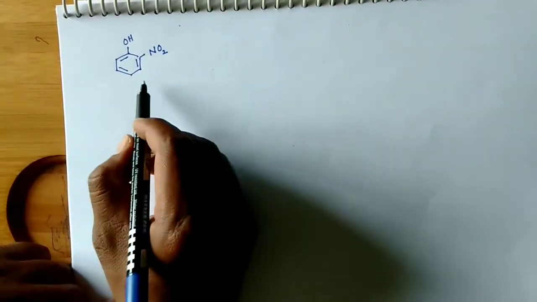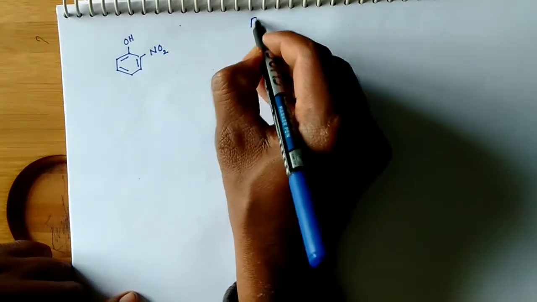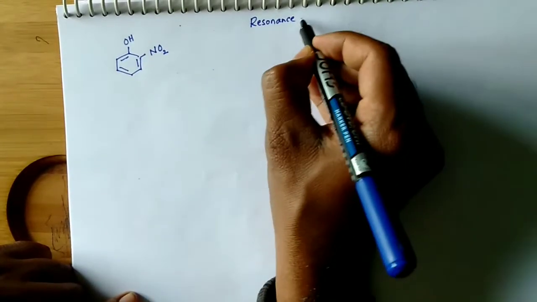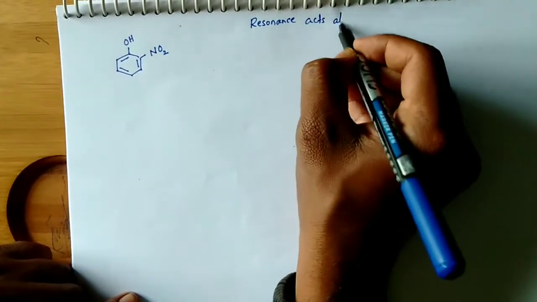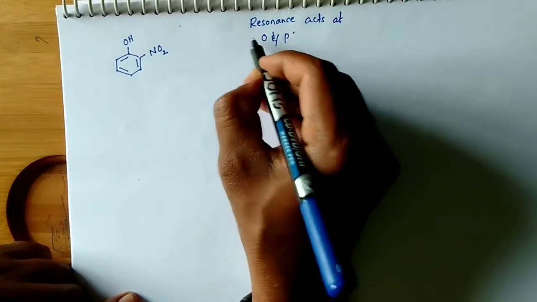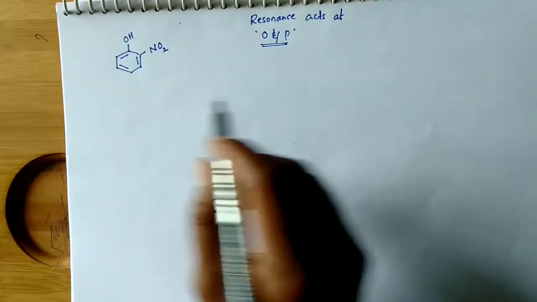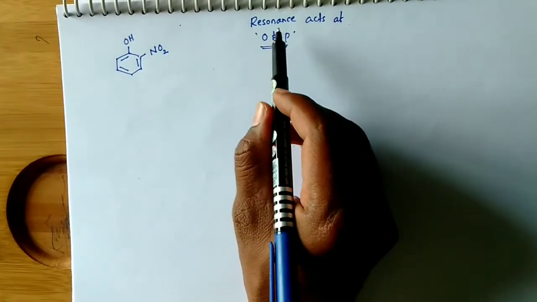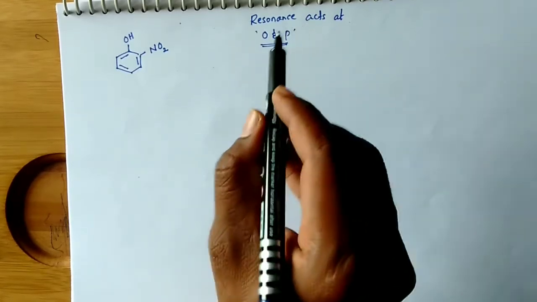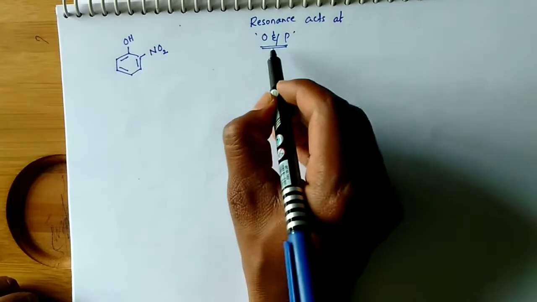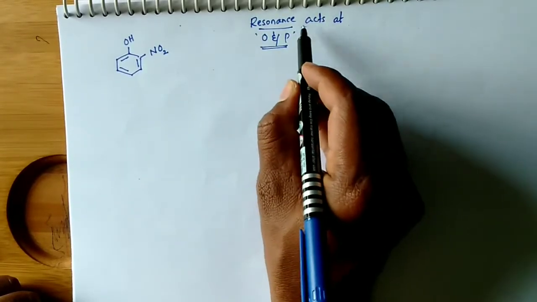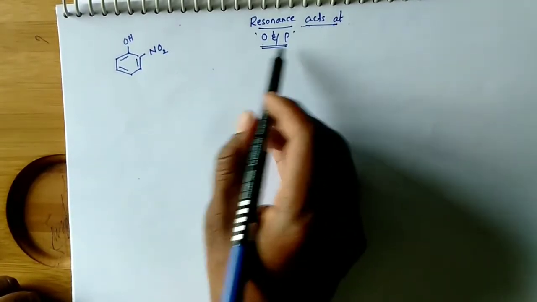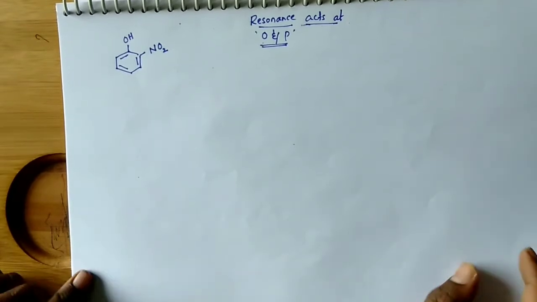Before discussing this, we must remember resonance effect acts at only ortho and para positions. Resonance acts at ortho and para positions. This you have to remember. I already explained in the last video. Actually that depends on the mechanism of why the resonance acts on ortho and para positions. So no need of that mechanism now, but you fix it. Resonance acts at only two positions, at ortho and para positions, not at the meta position. That we have to remember.